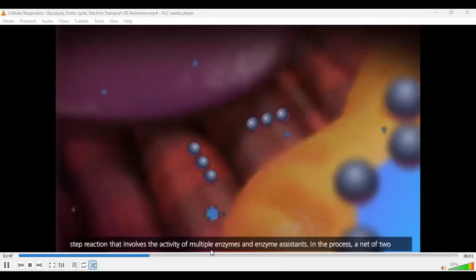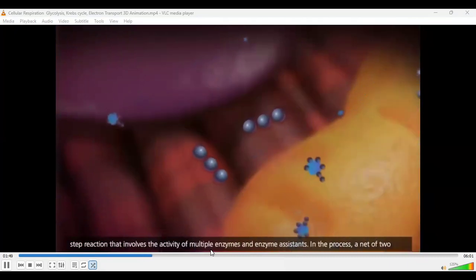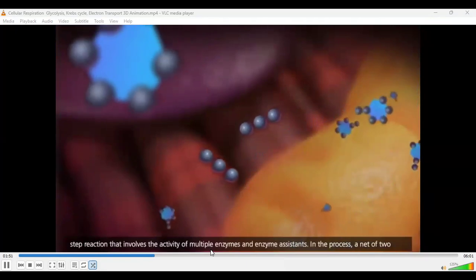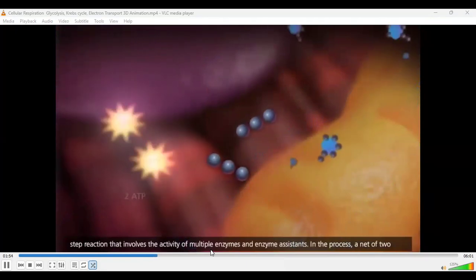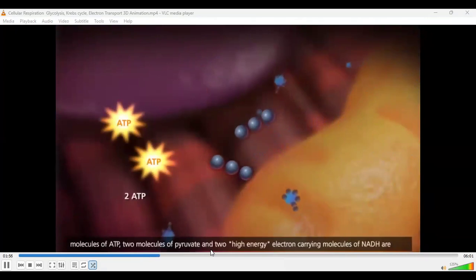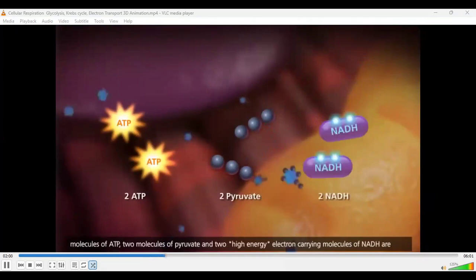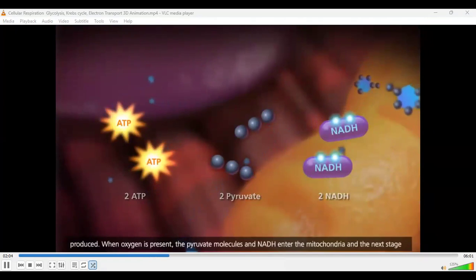Glycolysis is a 10-step reaction that involves the activity of multiple enzymes and enzyme assistants. In the process, a net of 2 molecules of ATP, 2 molecules of pyruvate, and 2 high-energy electron-carrying molecules of NADH are produced. When oxygen is present, the pyruvate molecule